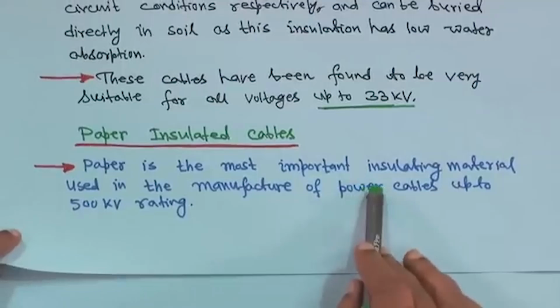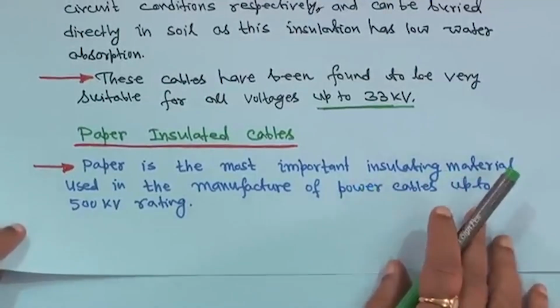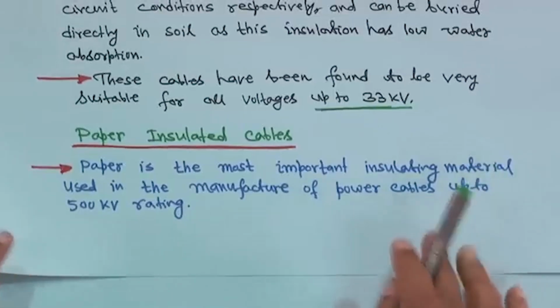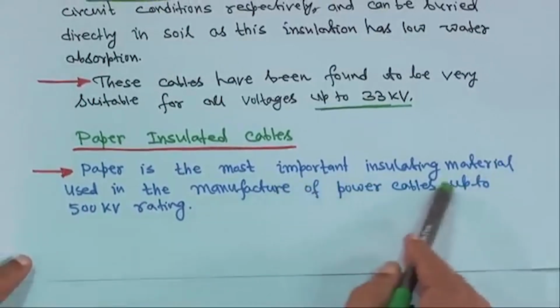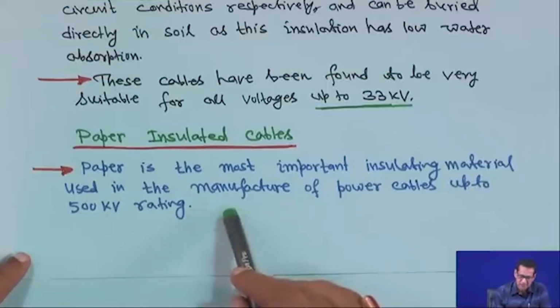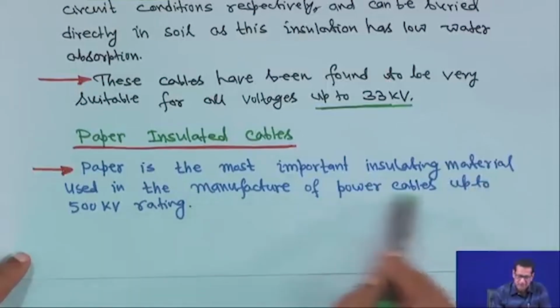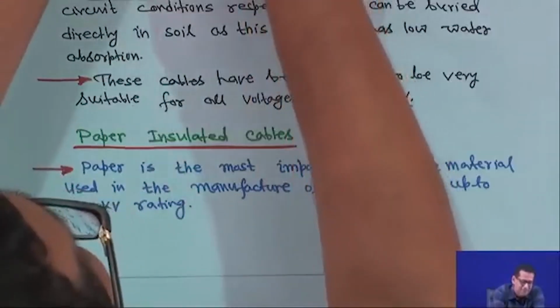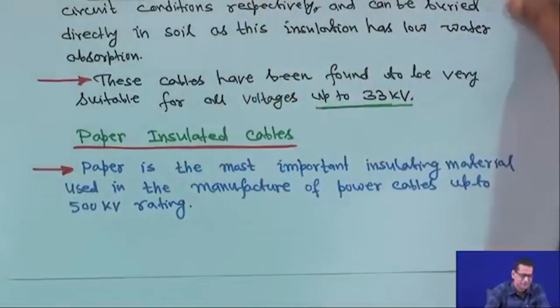Okay. Next is the paper insulated cables. So, diagram and other things about cables, I will come to that, I will show you from the book only, but later. So, paper is the most important insulating material used in the manufacture of power cables up to 500 kV rating, right. So, these paper insulated cables are very common. So, the paper insulation